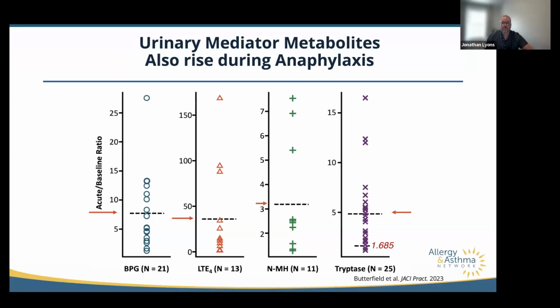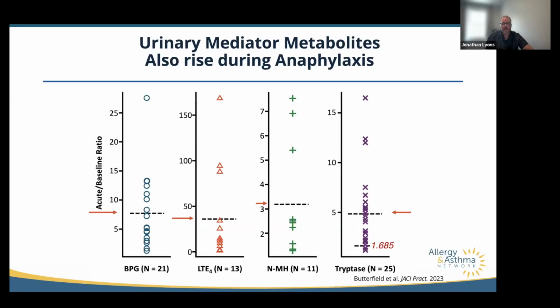So the other ones that are measured are really metabolites of important mediators. I mentioned histamine going up right away. Well, one of the major metabolites of histamine is N-methylhistamine, or NMH, shown in that green chart, the third one over. And first of all, three of these other than tryptase are measured in urine, but that one can be measured historically in 24-hour urines. But now some people are doing a spot urine collection where they do a spot N-methylhistamine to creatinine ratio as opposed to a 24-hour collection. But the gold standard still, I think, remains a 24-hour collection.